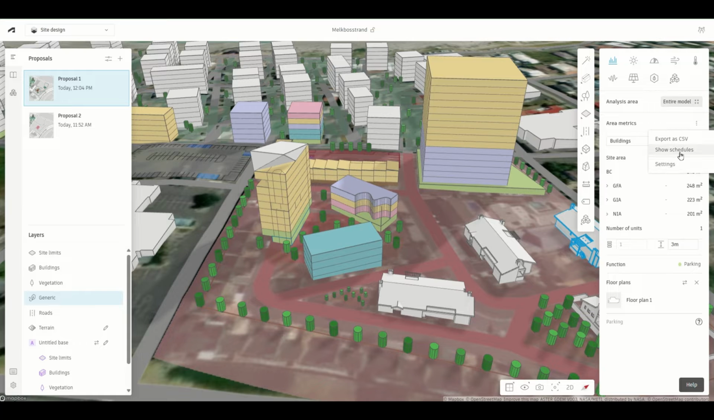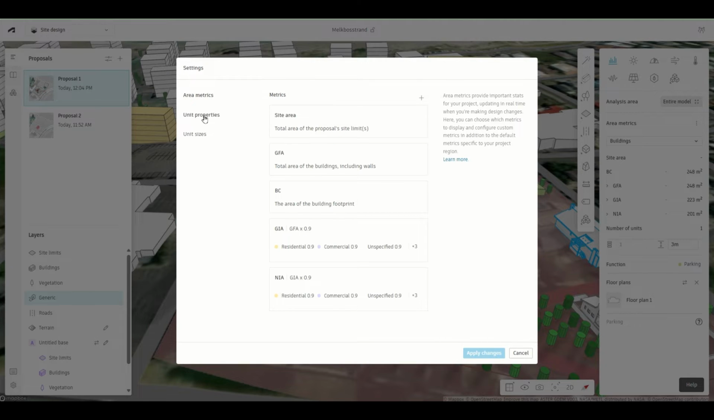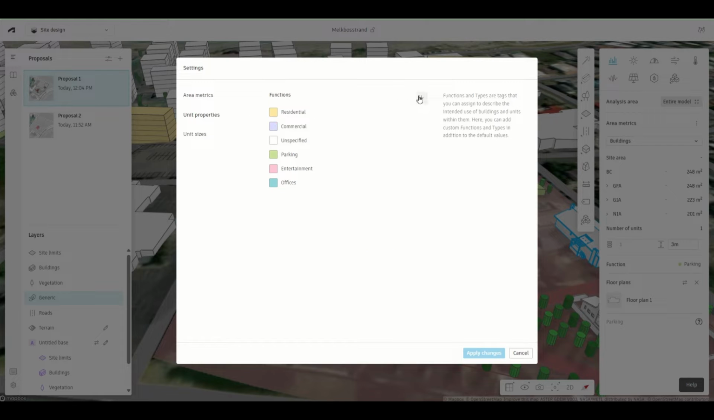So under your area matrix ellipsis, the three dots there, you'll find your settings there. Here you can add additional functions as you see fit, or remove ones that you feel are not relevant. By default it has residential and commercial and unspecified. I added parking, entertainment and offices. You can add additional functions here